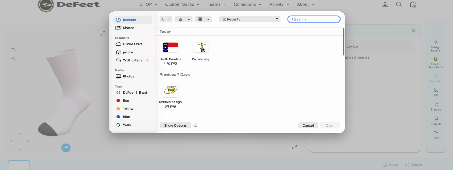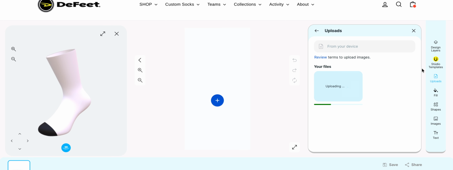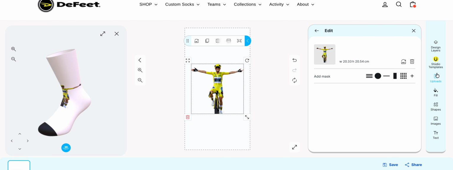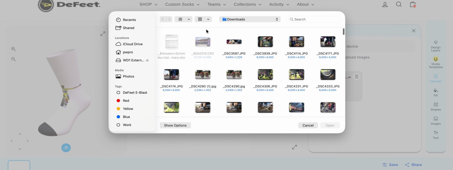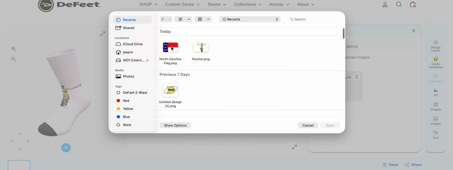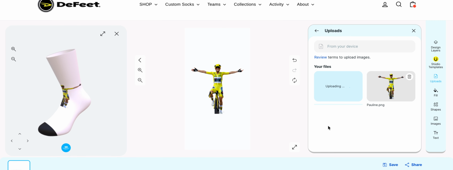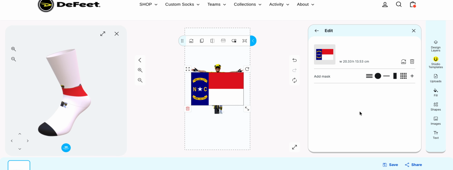Recents. So I'm going to add these one at a time. And I'm going to do one more. Going to upload a North Carolina flag. Okay, this would be fine if we were going to create a white sock, but what we're going to do